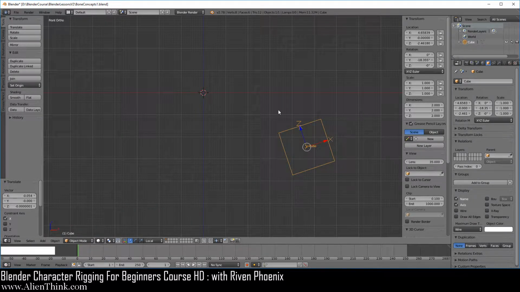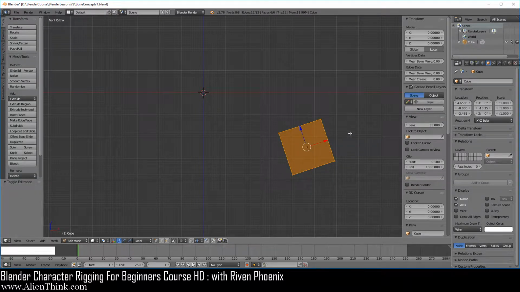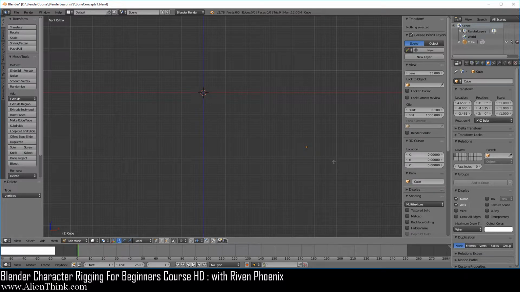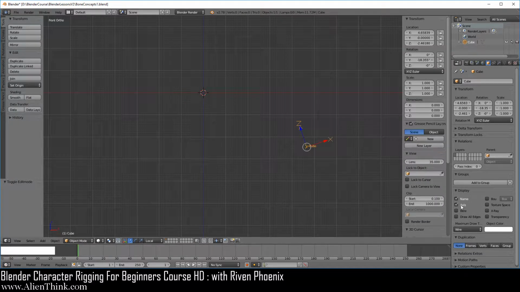Now if you want to get a better understanding of this, you can just simply press the tab key, do X, and just delete all the vertices, and now do tab. Now you can also get rid of the axis, and you'll see that it's just a dot in origin point. Now when you press the G key, you can see that this is how we're actually moving the object. Right click to cancel. Now just do Ctrl Z a few times until the cube comes back. Make sure that the axis is still checked.